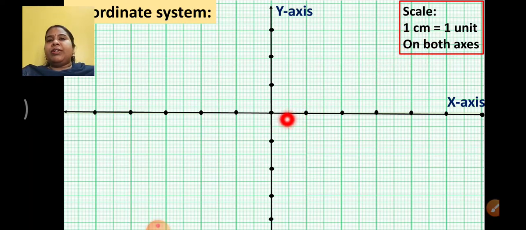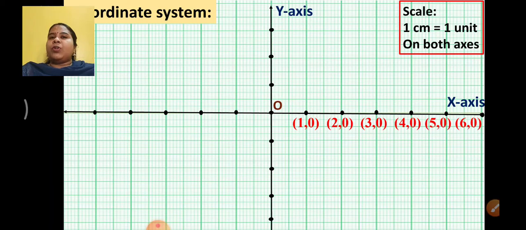Now here I have taken 2 centimeter because otherwise it won't be visible to you. So you take only one box as 1 centimeter. Accordingly you plot the points. Okay. Now 1 centimeter is equal to 1 unit distance on both the axes is the scale. Horizontal line is x-axis, vertical line is y-axis. I hope you remember that to the right side, first of all, the intersection of x-axis and y-axis is called as origin, represented as 0. To the right side of the origin are all positive numbers. Yes, so 1, 2, 3, 4. Purposely I have written 1, 0 because if the point is on the x-axis, y coordinate is always 0. You can see this, y coordinate is always 0.